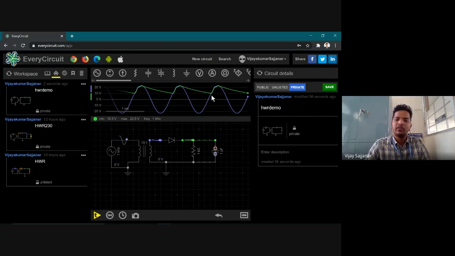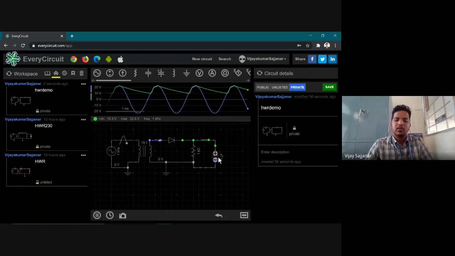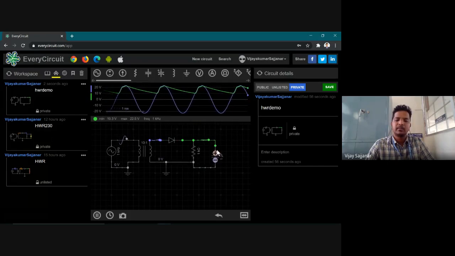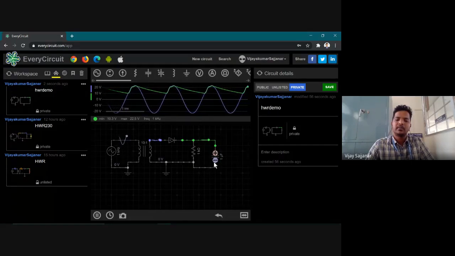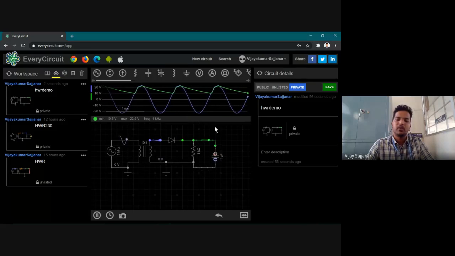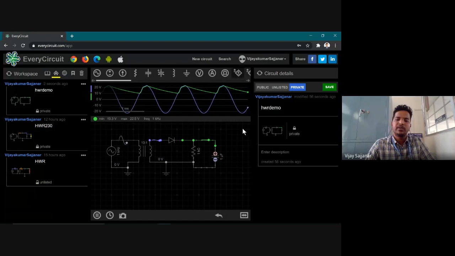When the supply wave to the capacitor starts to increase above the charge it already has, it will again charge, then discharge. So this is how our capacitor is going to work. Just keep simulating. You can observe the circuit here. The capacitor charges and slowly discharges. Discharging is slow, charging is fast, because we have a small time period of charging and discharging.